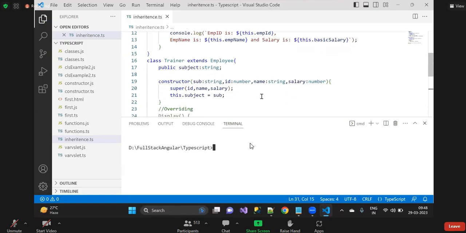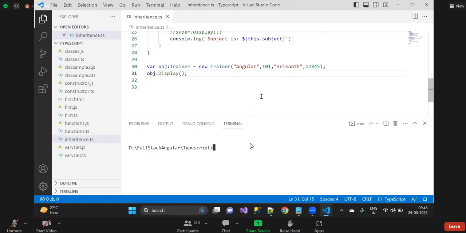Understand? And here I'll be executing that one. Before that, what I can do? I'm using tsc, space, what is the file name? inheritance.ts, I can say. When I give inheritance.ts,